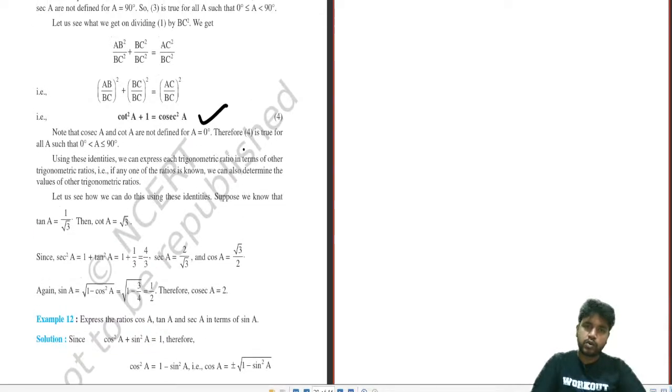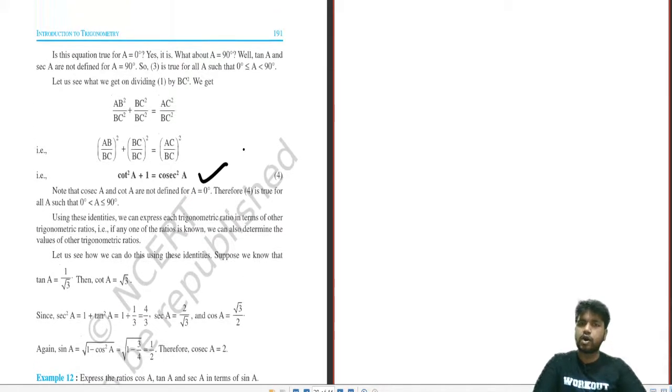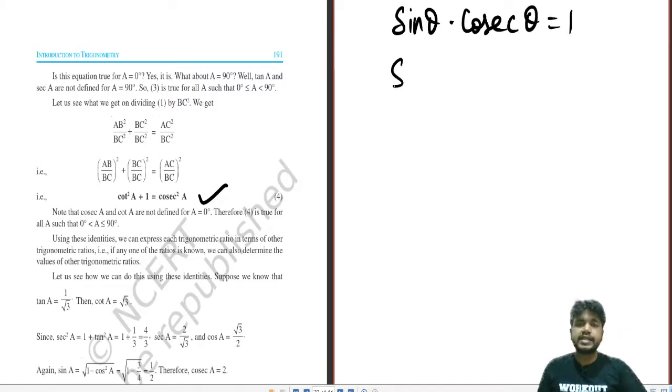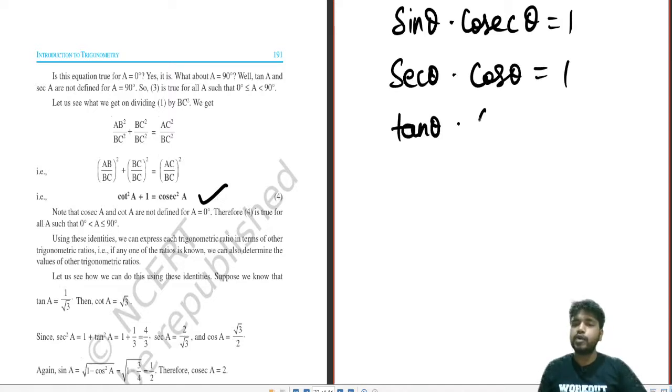Now moving on to more further formulas, that is opposite formulas, and that are firstly sin theta into cosec theta equals to 1. This will be required. Sec theta into cos theta equals to 1 will be required. Tan theta into cot theta equals to 1 will be required. So these all the formulas will be required. You have to look into it very carefully. Okay, moving on further, obviously you can twist it. Sin theta equals to 1 by cosec theta, that will not be an issue, I think so.